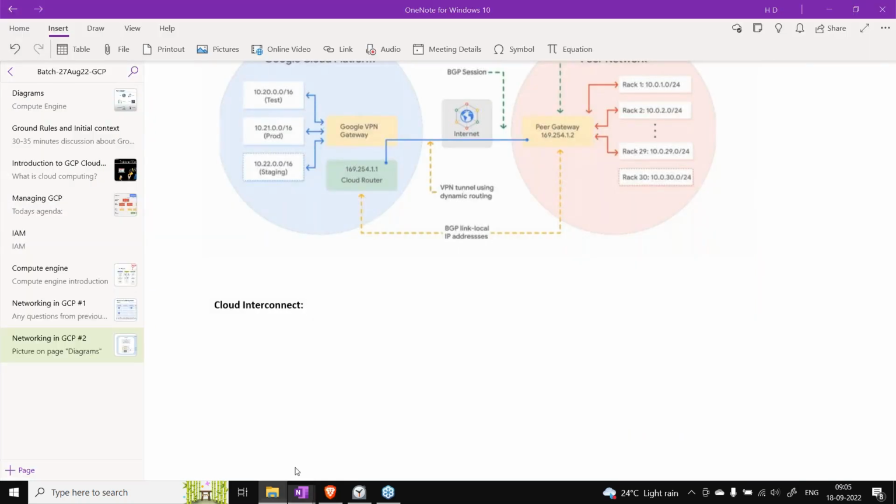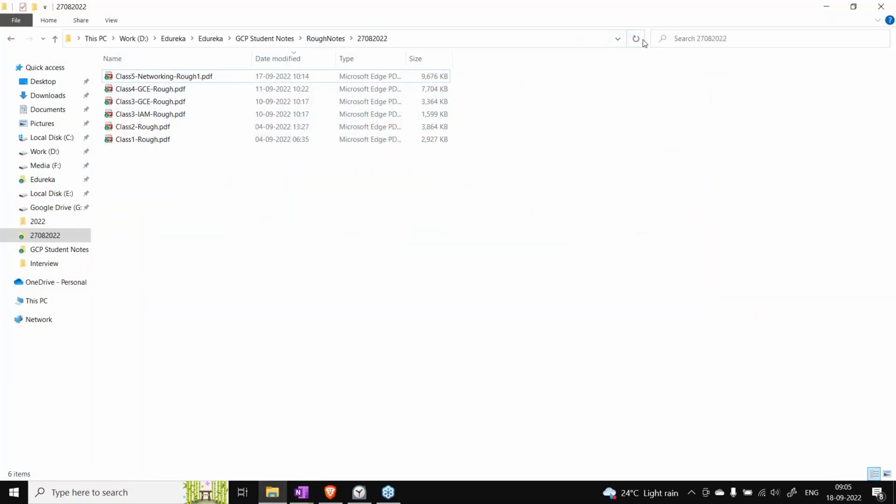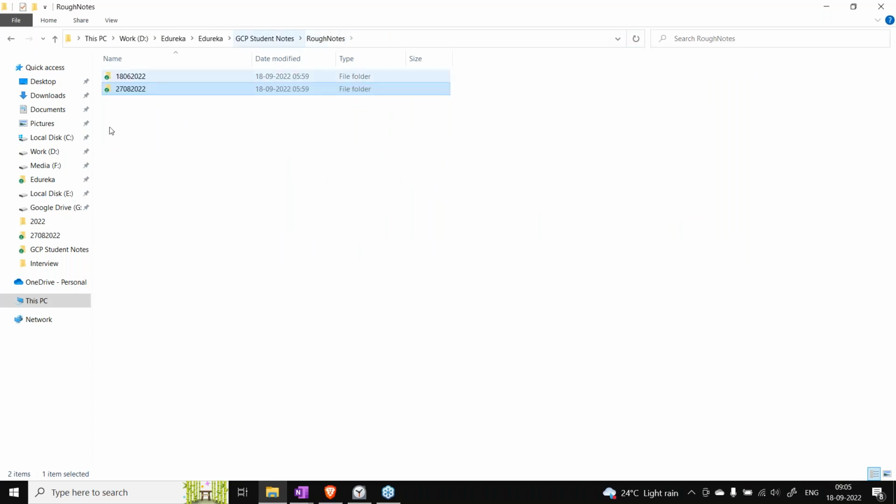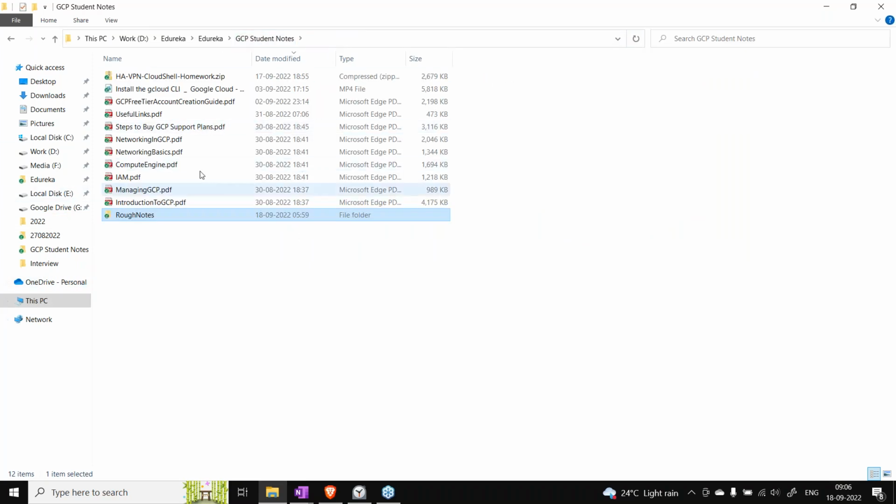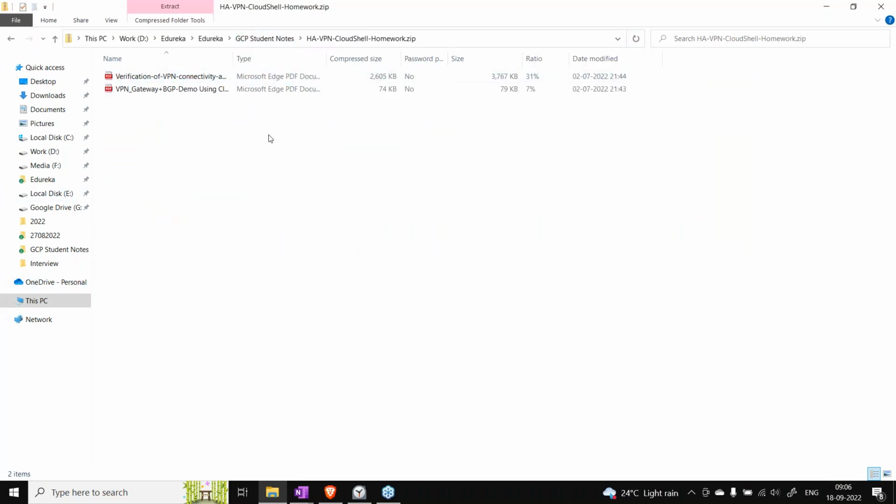I hope you can see it in the student notes. In your batch, you'll be able to see that on the first bubble. So that has two PDF documents.